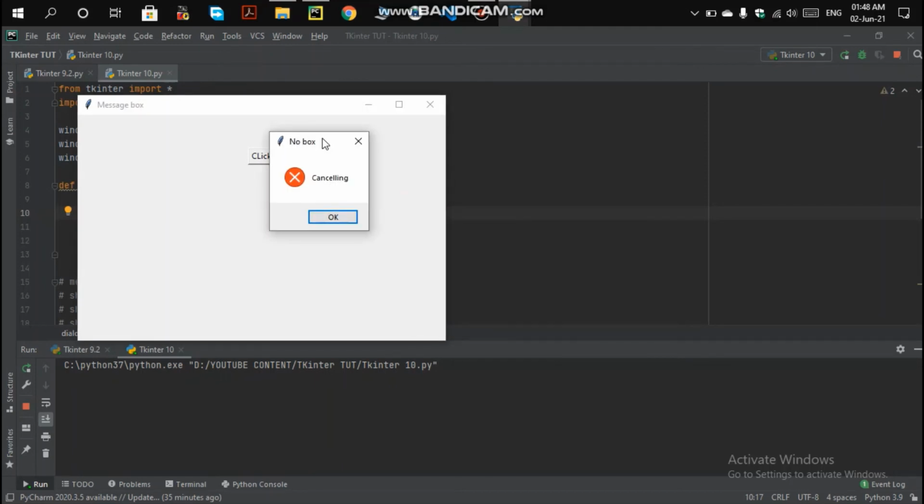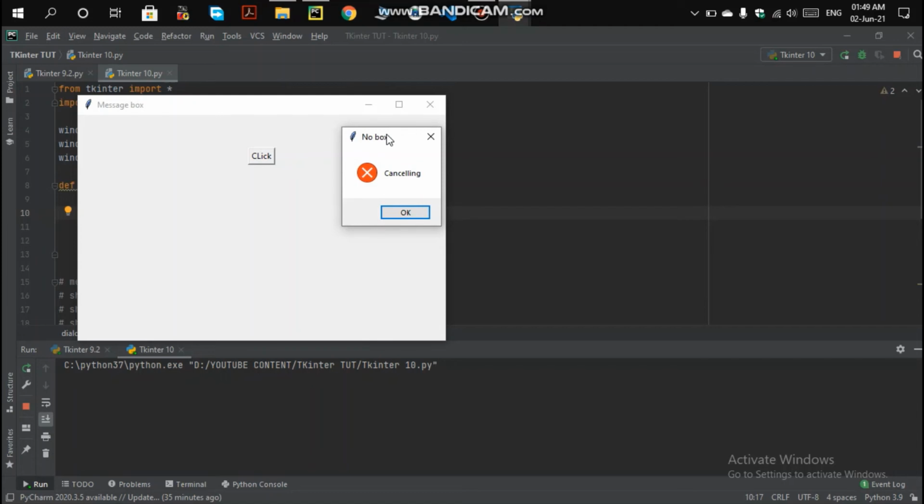You will also hear a warning sound, because there are multiple types of sounds in your Windows 10 machine that collaborate with your GUI. I already made a video on how your operating system contributes to making your GUI application using the Tkinter module, and what modules and libraries you are using, whether you are with Juce and C++ or Tkinter with Python. Whatever you are using, your machine will be contributing to your GUI application, like playing some sounds, resizing boxes, displaying message boxes, and giving alert sounds. All of this functionality is given through your operating system, whether it is Windows 7 or 10.